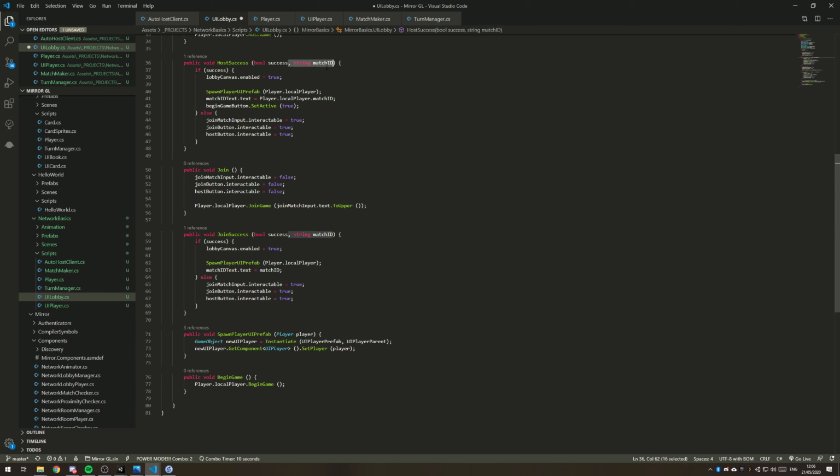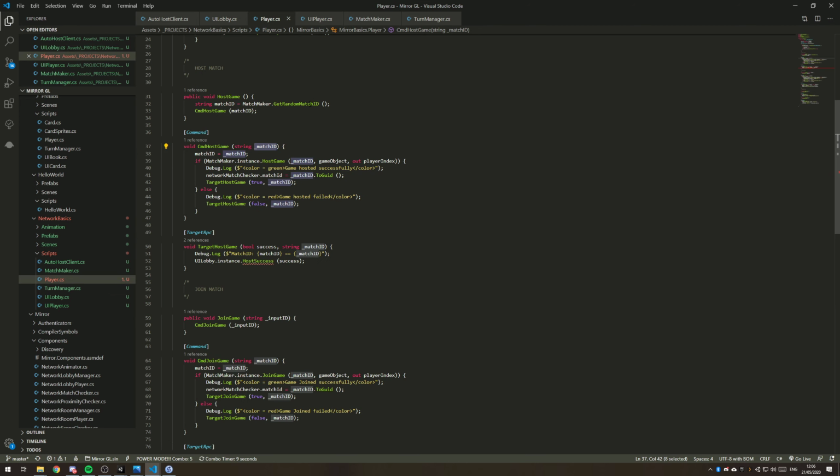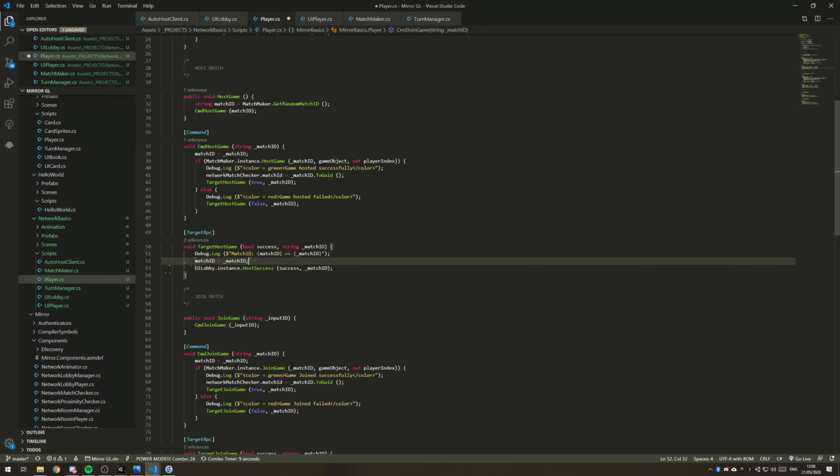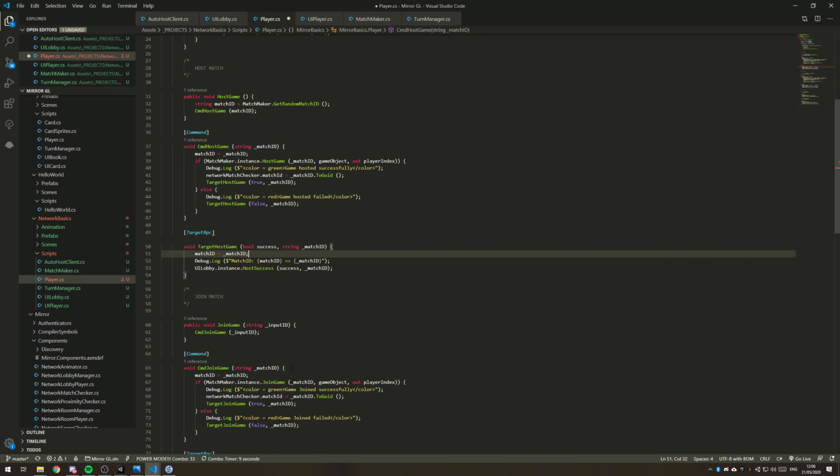We need to include that there, and just make it equal that. Okay, it seems like the match ID wasn't up to date at that exact point in time. So let's just add that one there and also